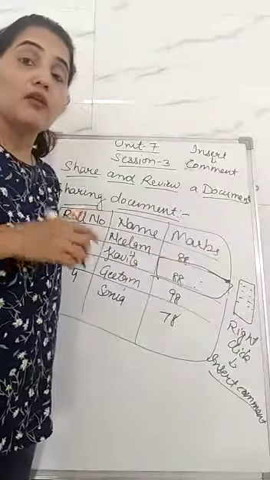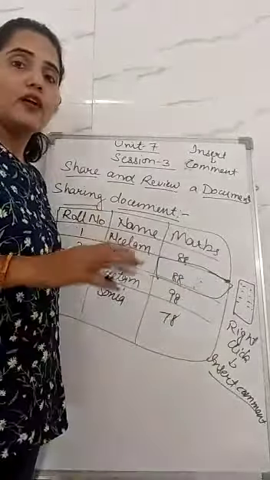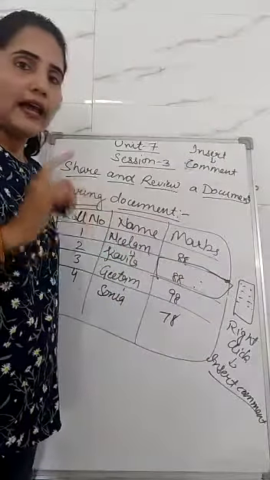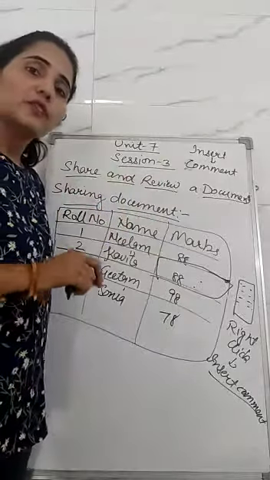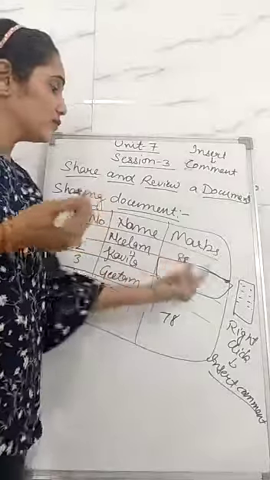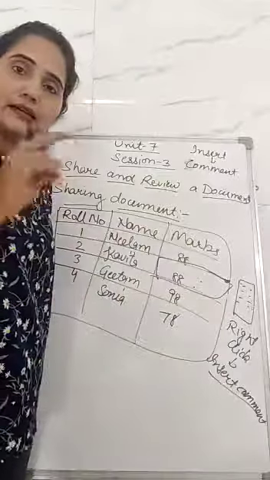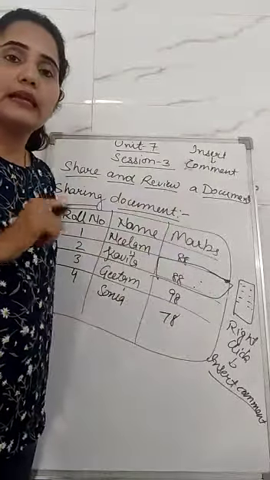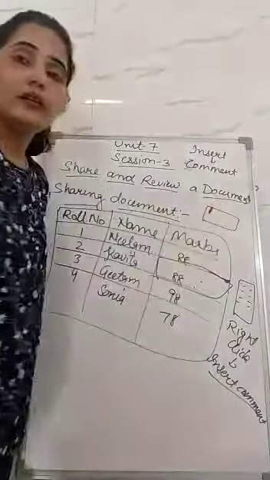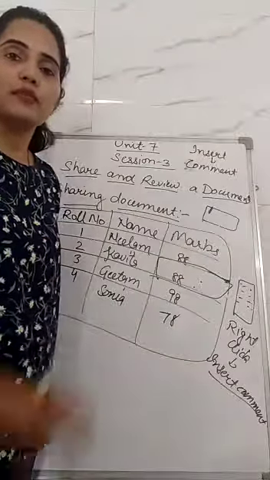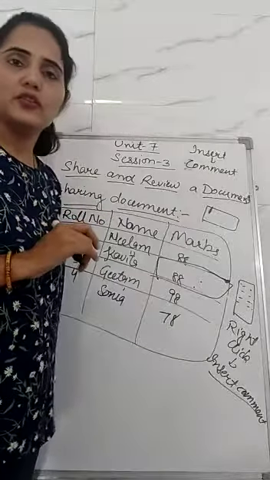Now the next point is how to delete a comment and how to edit a comment. Suppose we add one comment here and now we want to make some changes in it. Editing means first you write something and now you want to make some changes to it. That operation is called editing. Now I want to edit the comment. Then how can I do it? Just click on that cell, right click there. There you will find the option edit comment. When you click on edit comment, your mouse cursor will appear in that particular comment box. And then you can do the editing and then click anywhere else in your spreadsheet document.